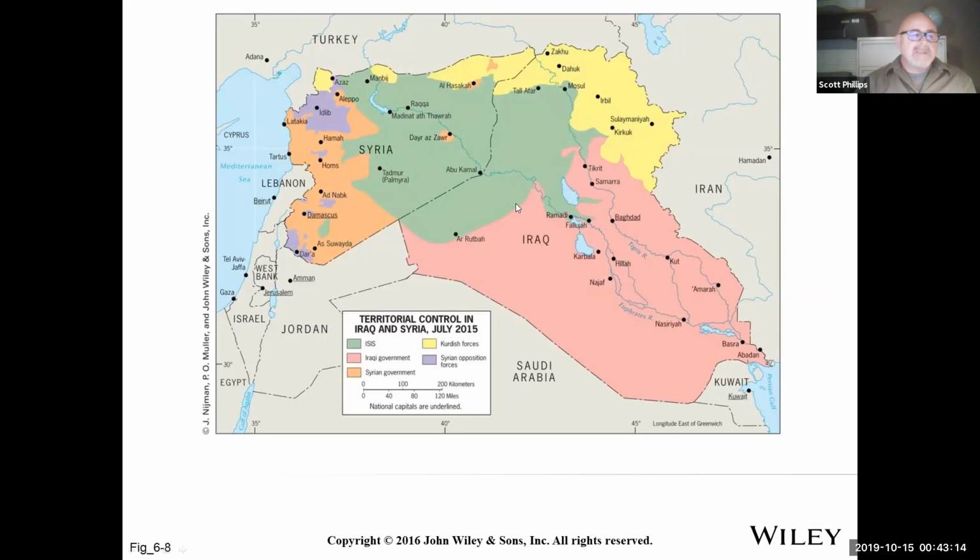So you had this situation here. This is a figure from the book where they controlled large parts of Iraq, large parts of Syria. The other group that they incurred into were where the Kurds live. We talked about Kurdistan a moment ago, and the Islamic State really pushed hard into where the Kurds were living. And that's why the Kurds became an ally with trying to fight back, because they were protecting their homes from the Islamic State.